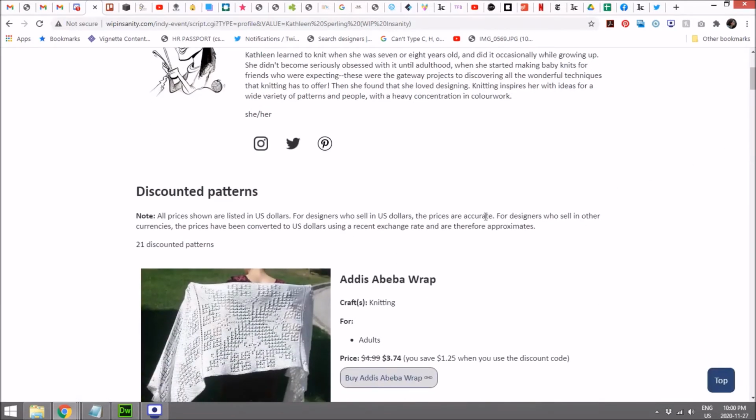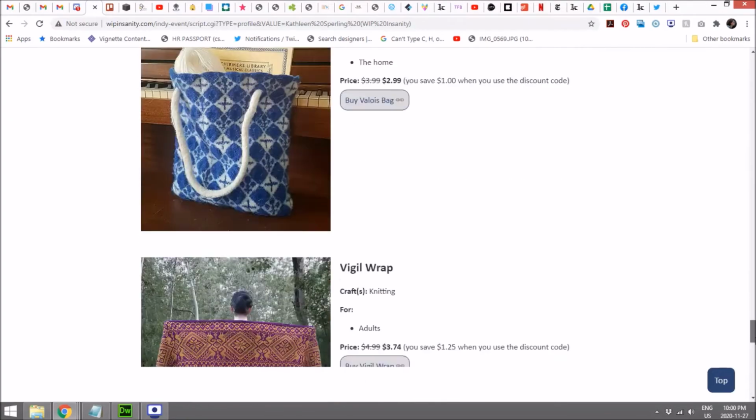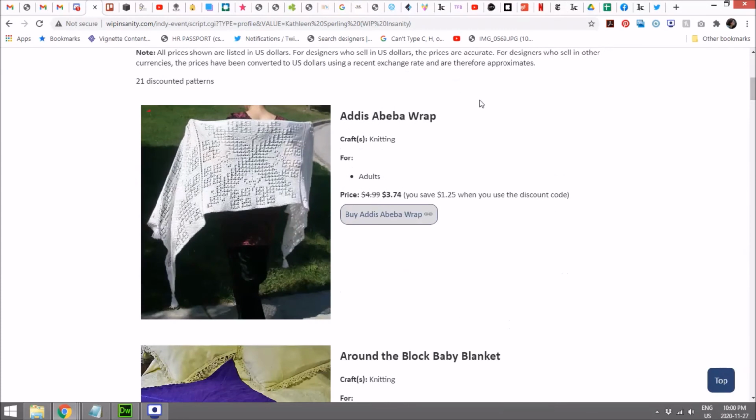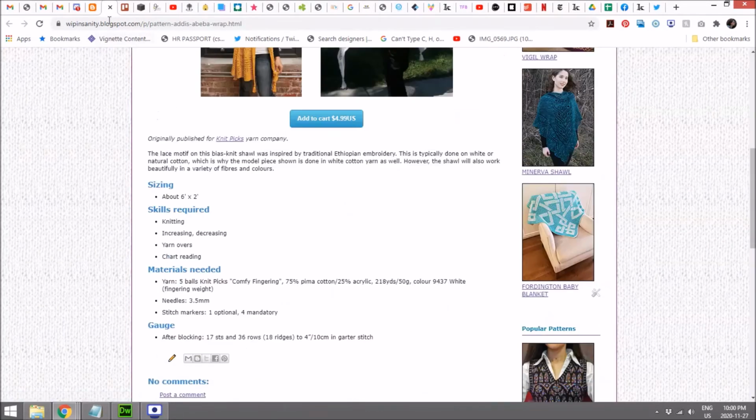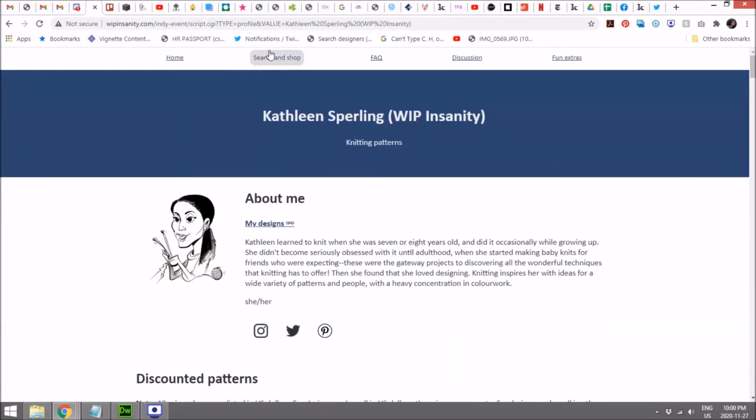And then after that is the list of the patterns that are available during the discount period with the special event code for 25% off, again, until the end of December 5th Eastern Time. And you see that I have 21 of these, and then there's just a big list with pictures and everything. They're listed in alphabetical order on the designer profile pages. And you'll see just a little snippet of information about each pattern that'll give you an idea of whether you're interested or not. Then you can click through to actually buy, or find out considerably more if you are interested. So that's the designer search.